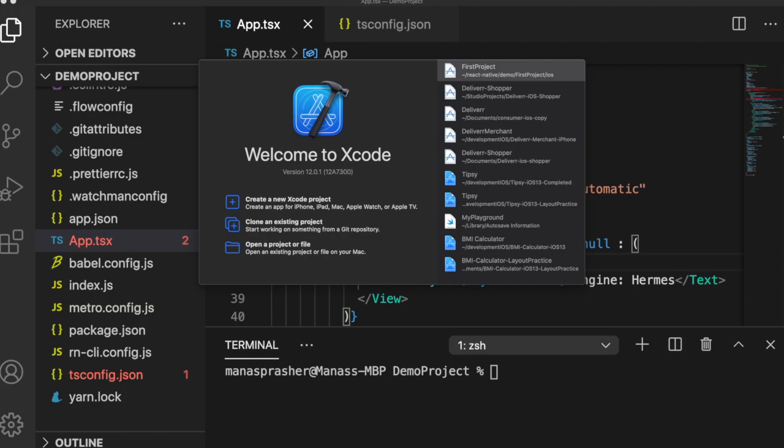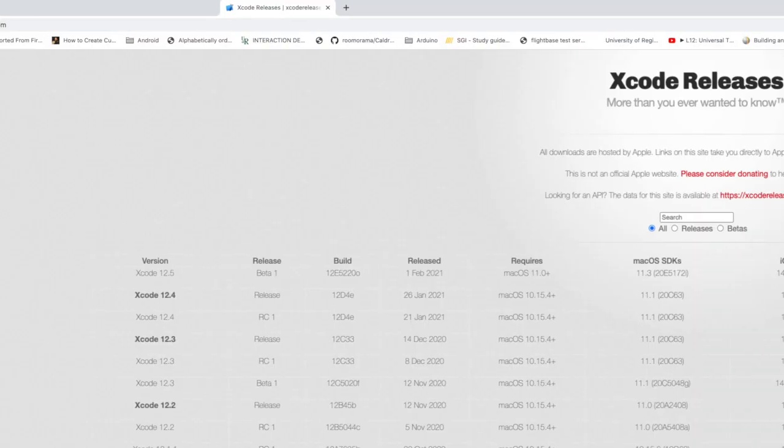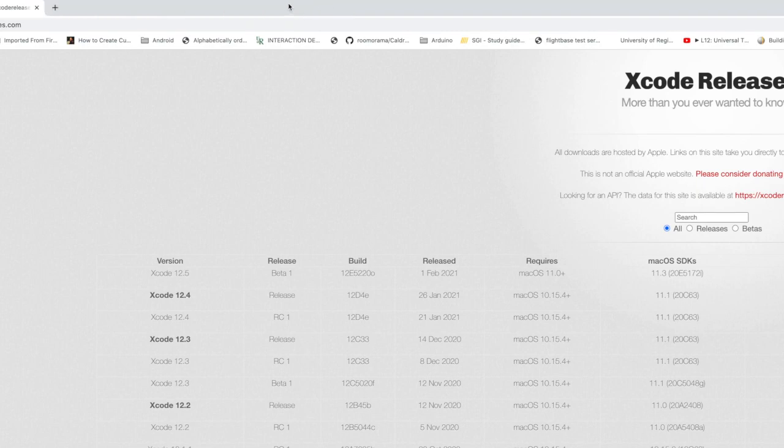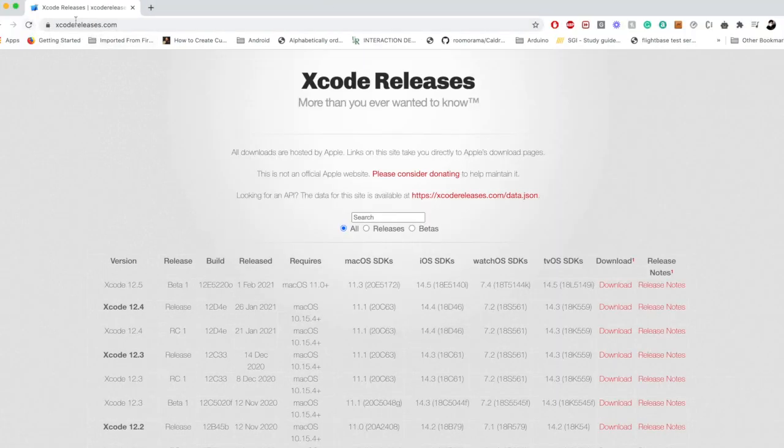The other website which you can use is xcodereleases.com. Let me just show you that website. So this is the website xcodereleases.com, and make sure you install the one which is of this black color because it is a release build. So you just click on download and it will download the zip file, and you will be able to download